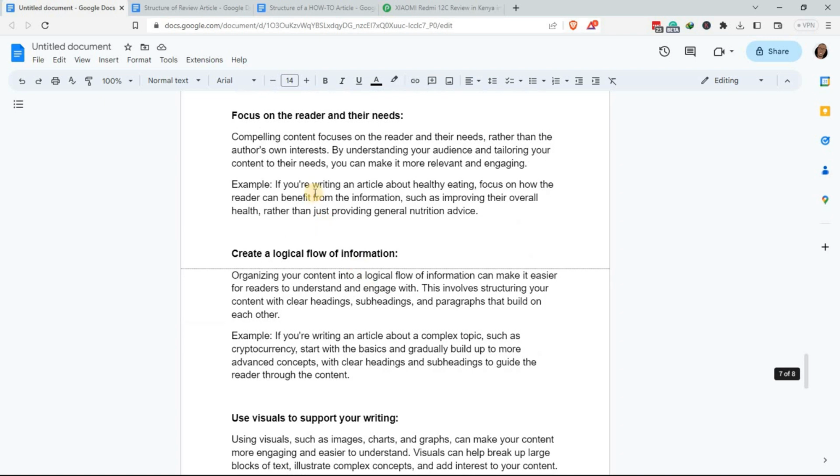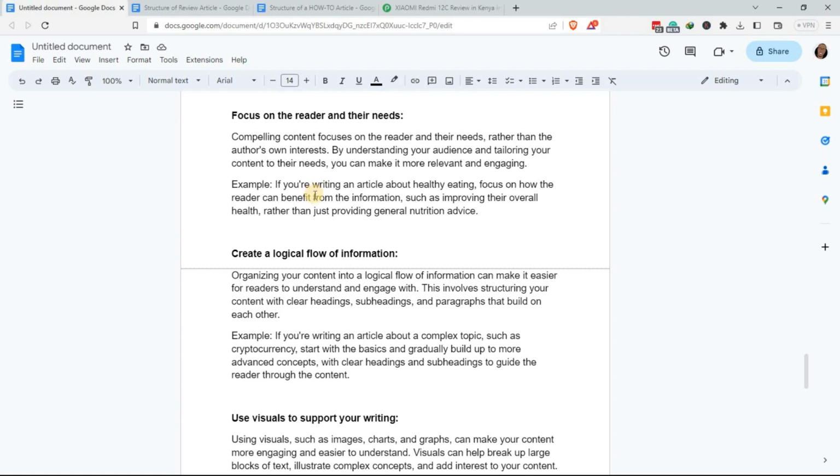The other thing you can do is to focus on the reader and their needs. Remember, compelling content focuses on the reader rather than the author's own interest. So you need to forget about yourself and think about the reader. By understanding your audience and tailoring your content to their needs, you can make it more relevant and engaging.